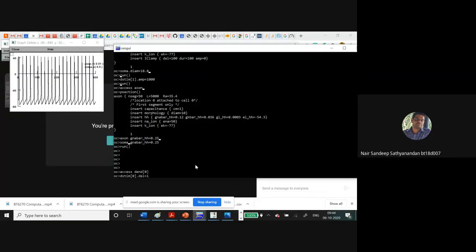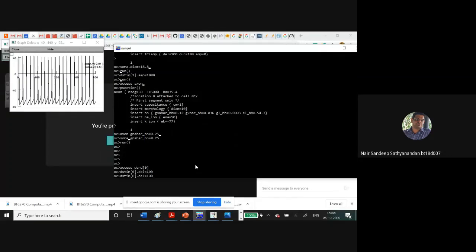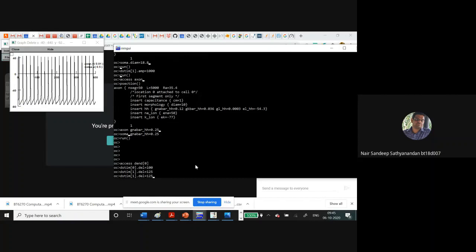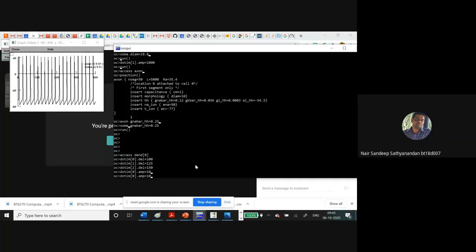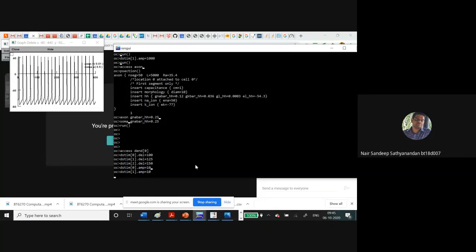Let's set the delay at 100, and then the other one we can set as 150, and then we can set the amplitude accordingly. So now let it be 10, 10, 10.